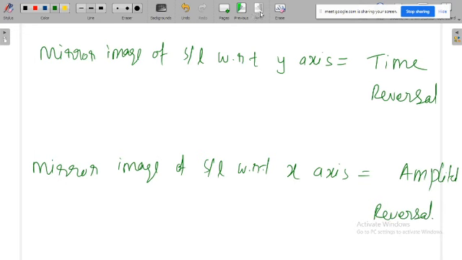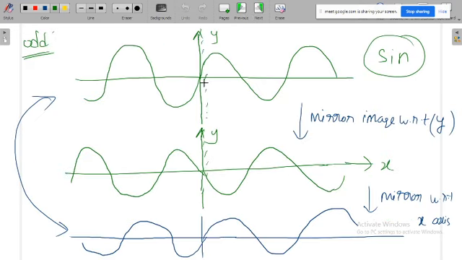Now, when the signal is an odd signal, what does it mean? If you apply the mirror image with respect to the y-axis, then the mirror image with respect to the x-axis, and you get the original signal, then that particular signal we will call an odd signal. And again, this process need not be in the same order. You can apply the mirror image with respect to the x-axis as the first step, and in the next step do the other. This is interchangeable, because amplitude and time are independent of each other.